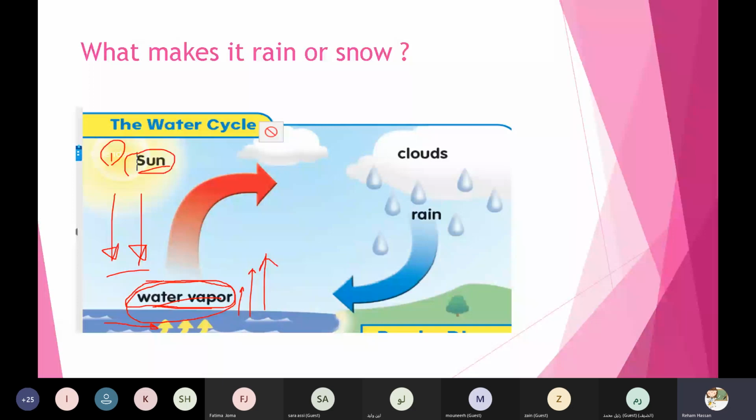Yes, Nagam? Okay, so now when the water goes into the air, it is the water...